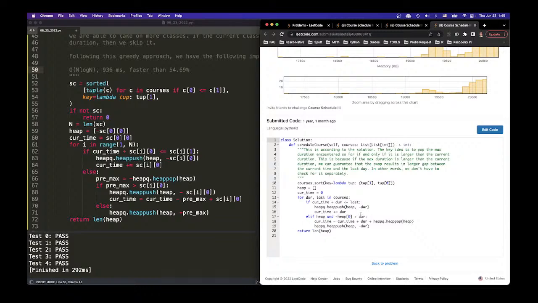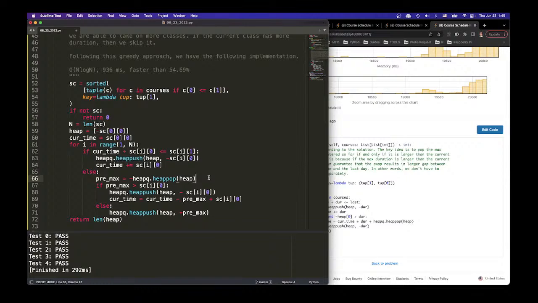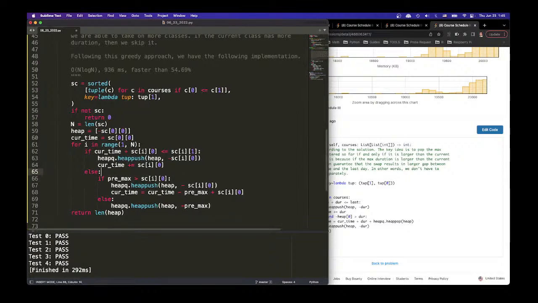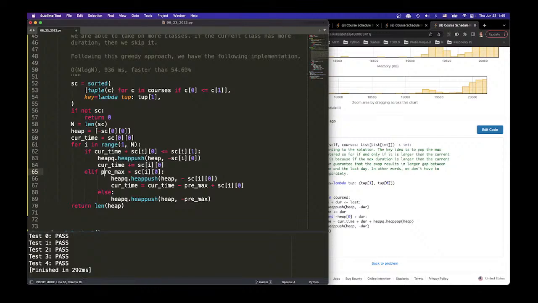If it's smaller, I push it back so I can avoid a push. If I don't do this, I simply say elif heap 0 is larger, then